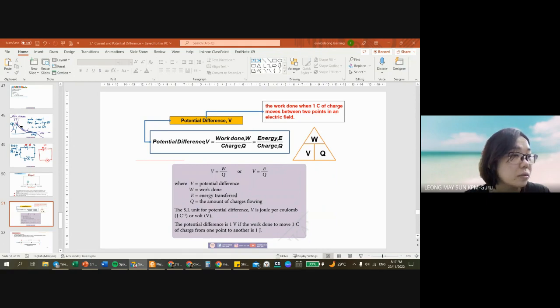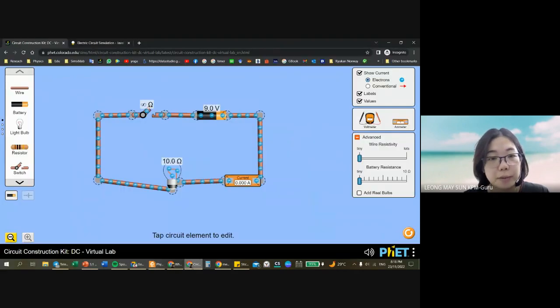Was it too fast, too slow, confusing? Okay, all right. So that is potential difference. Now, why did I show you potential difference first? Because you see over here, all right,